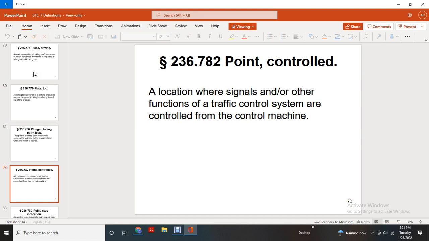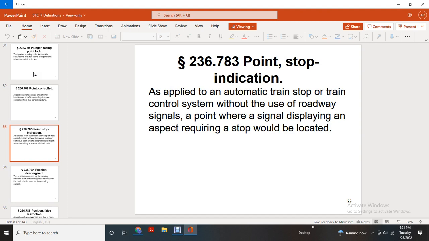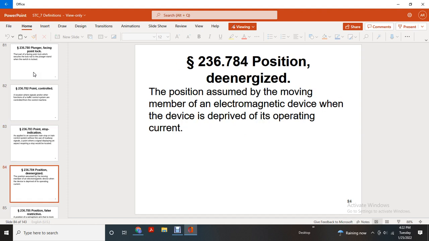are controlled with the control machine. Point stop indication applied with the automatic train stop. The train control system, which the roadway signals point with the signal displays and its aspect requiring stops where it would be located. Position assumed by moving the member of the electro-pneumatic device that is deprived of its operation,